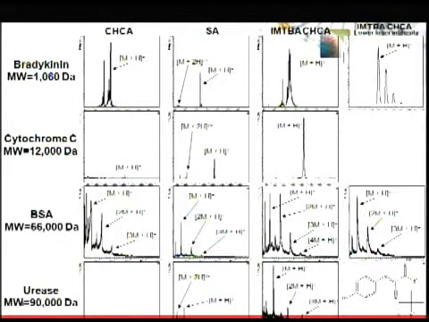For example, the one shown in the third column is isopropyl methyl tert-butylamine CHCA. So it's a liquid MALDI matrix. What you have as a result is that you don't have to search for hot spots because it's more homogeneous. Your material is all dissolved throughout the entire MALDI matrix, so wherever you shoot the laser, you'll be able to get a hot spot and get signal to the mass spec.